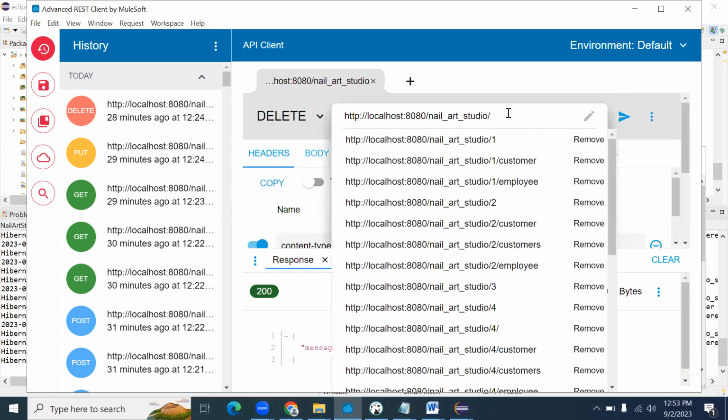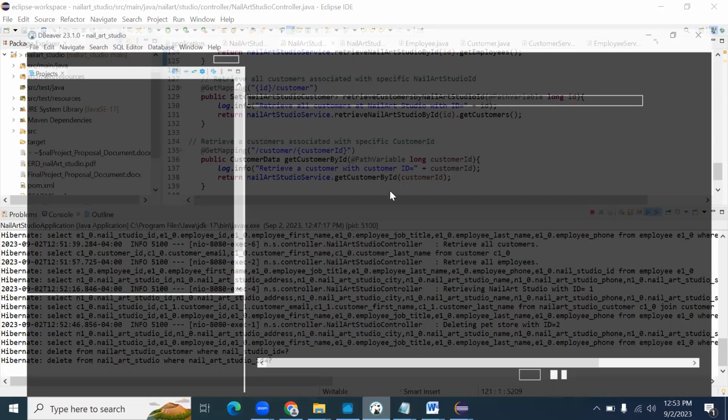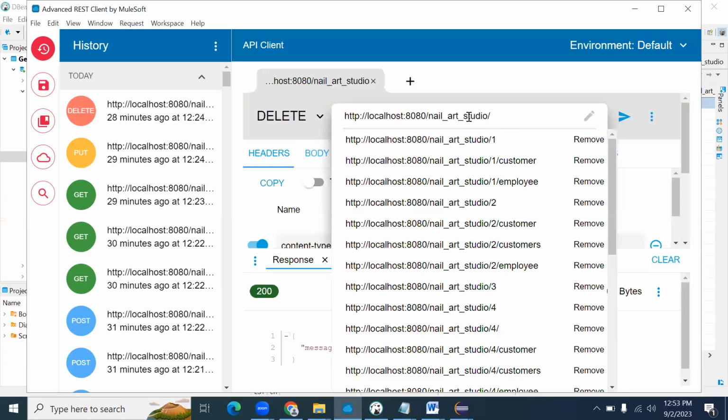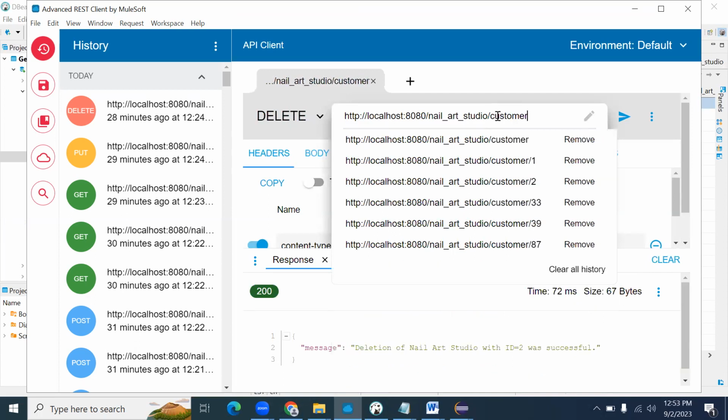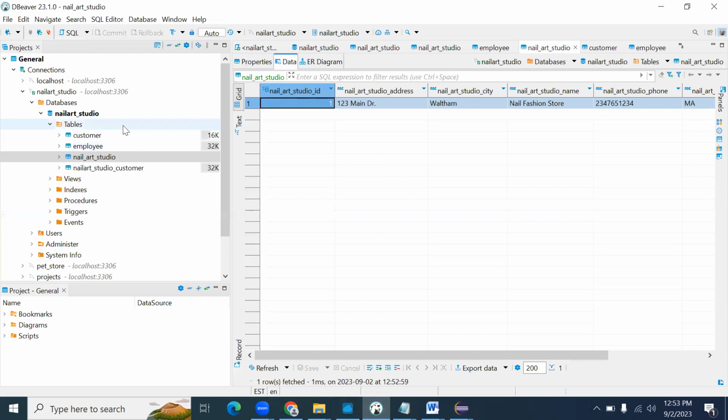And now the last thing is left. We are retrieving a customer associated with a specific customer ID. So for that, this is my, and here I will use the customer. And with the delete, I just want to show you one more thing. I just want to show you with the delete in DBeaver, if I'm